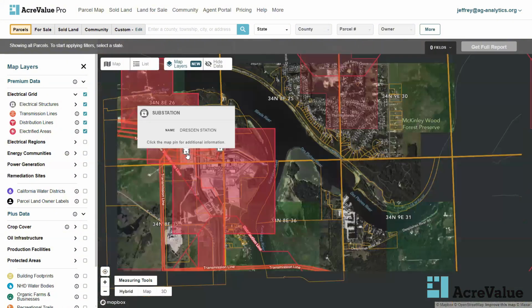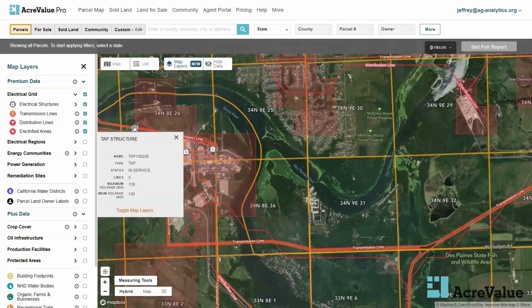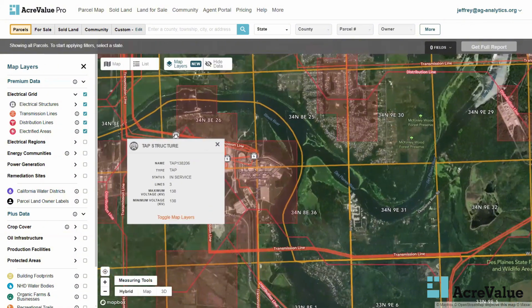Additionally, we do also have a few different types of substations on the map here as well. So you can see that we have what are called tap structures. These are areas where folks can tap into the power line without doing an actual conversion between voltage, which is generally what substations are used for. To turn some of these